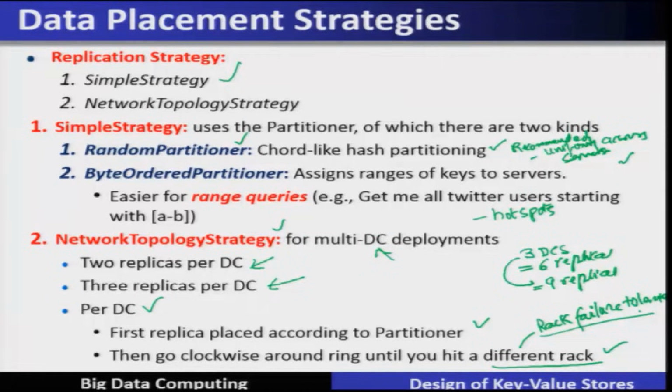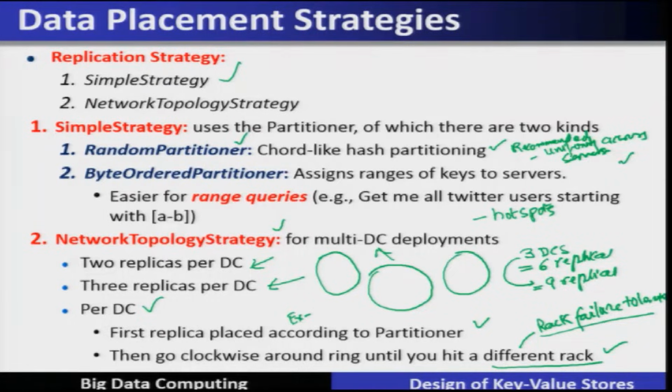So, what we have seen is that when we go for the network topology strategy, we are placing our replicas in different data centers. If there are multiple data center deployments or geographically distributed data centers, then these replicas are stored across these data centers, and this can be achieved using the partitioner. What will the partitioner do? For example, there are different data centers. Let us assume